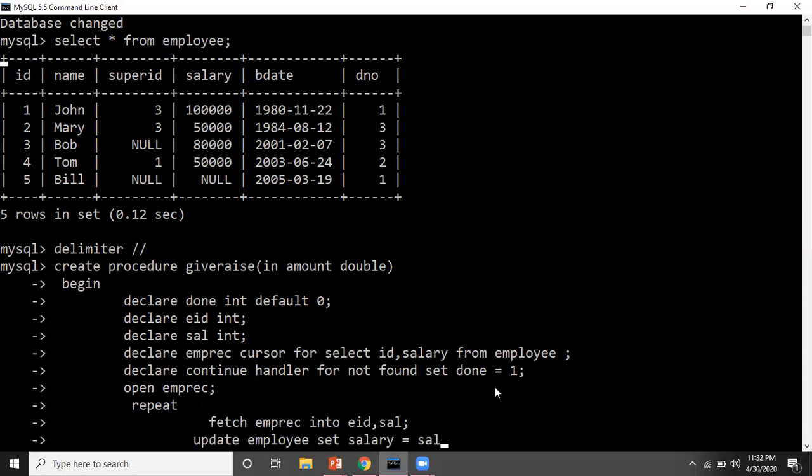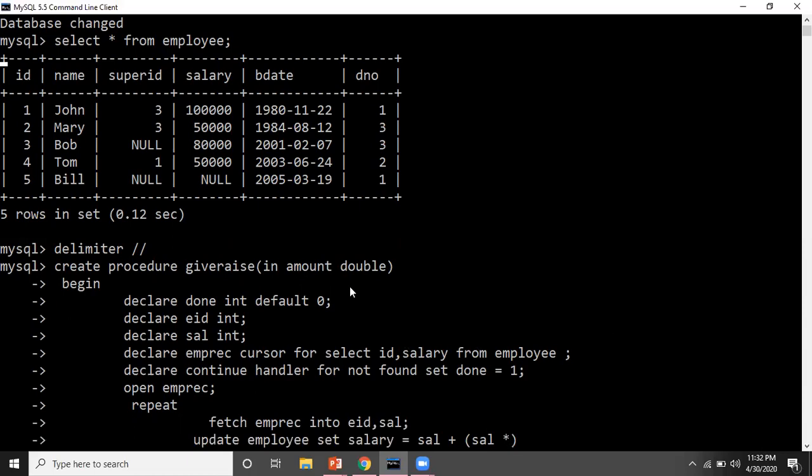So here I'm writing the expression SAL. SAL is what? 1 lakh. 1 lakh plus how much? I want to give the raise on the current salary. What is the current salary? 1 lakh. That is SAL into the amount which we will pass at the calling time.